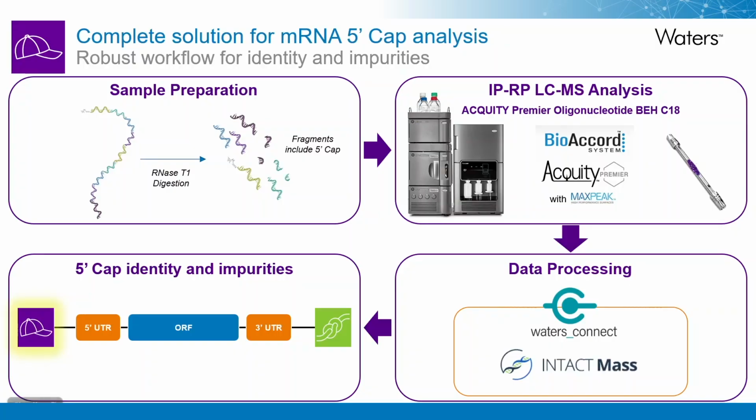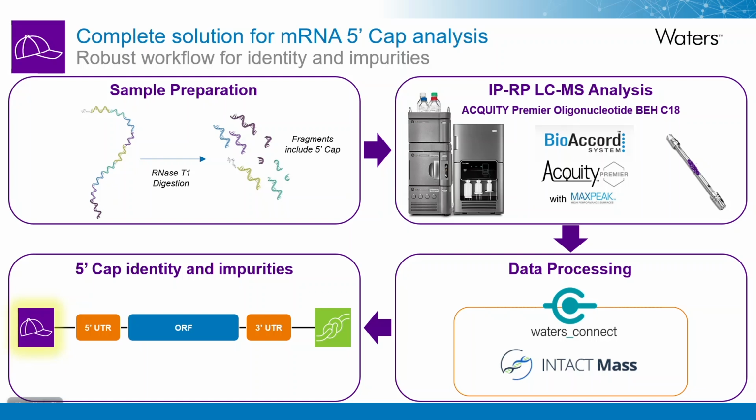The data set I'll be using here is of a 25-mer oligonucleotide mix with the intended product Cap1 and its enzymatic impurities. A typical experiment to determine the 5' capping efficiency would begin with an endoribonuclease digestion of the mRNA in question. Then, as with our previous workflows, the digested mRNA would be submitted to LC-MS analysis.